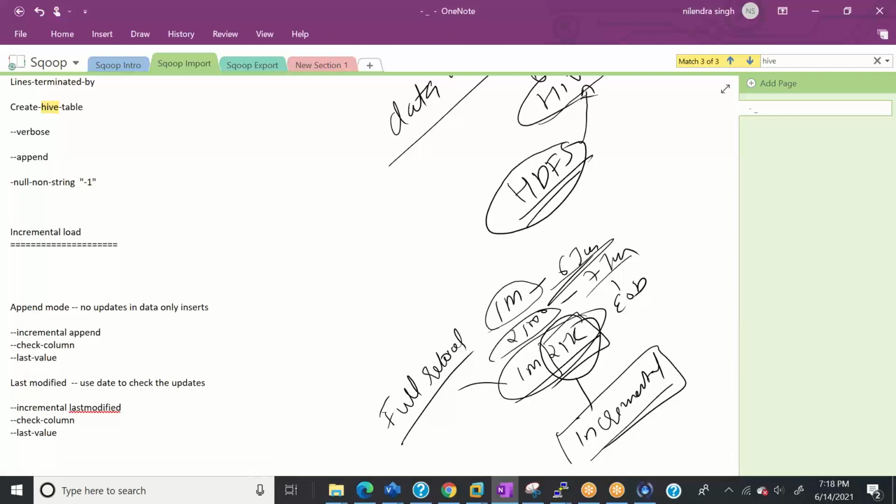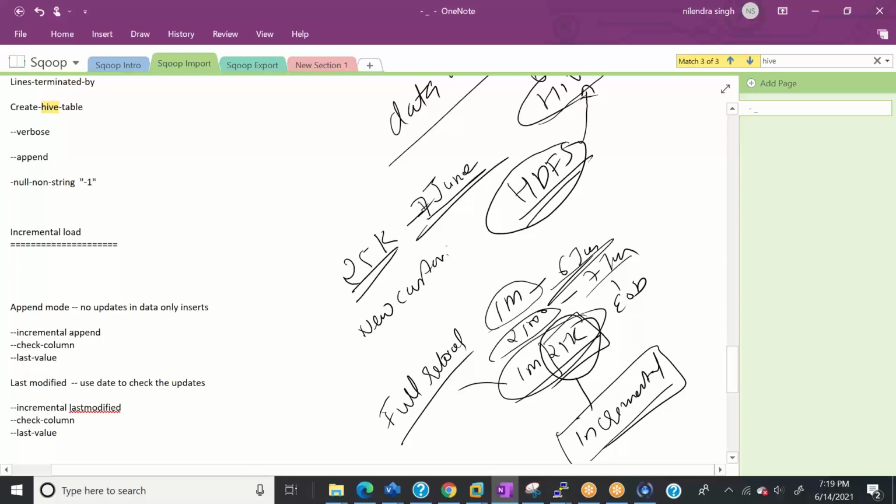Now one more question, right? These 25,000 records which have occurred on 7th of June, there can be n number of records. Let's say a new customer is created, right? So this is a new record. Let's say an old customer updated their address. So this is the existing record, but he updated their address. So this is the updation record.